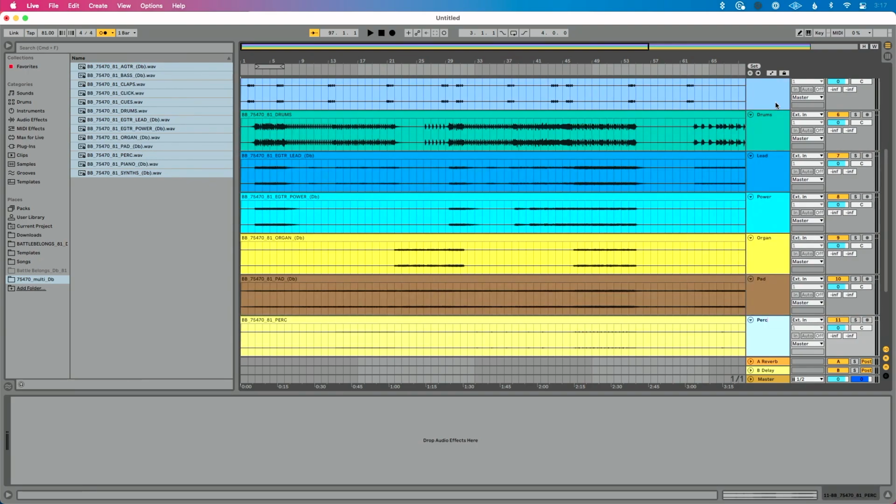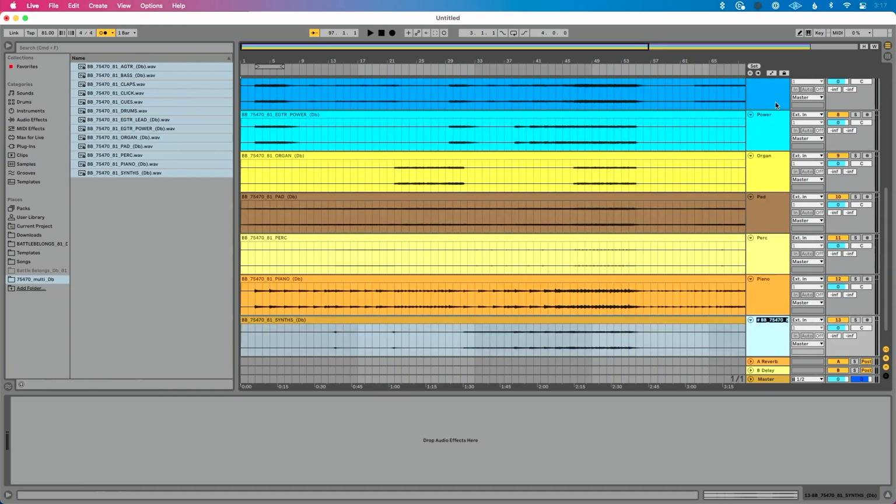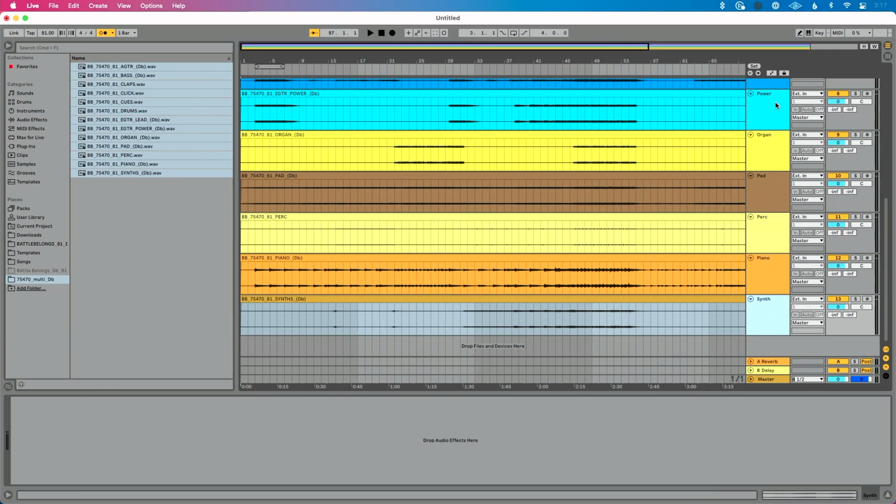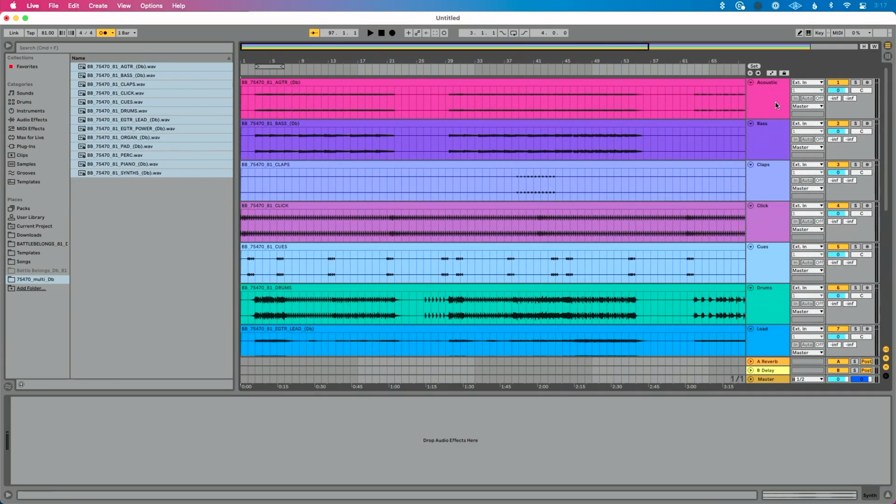Another thing I should mention, you could rename these whatever you want to. Instead of pad, you could call it synth. Instead of synth, you could call it aux keys, whatever it is. But I'm going to rename this so that I know exactly what these tracks are and exactly what they're doing. Okay. The next thing I'm going to do, let's close our browser here so we have just a little